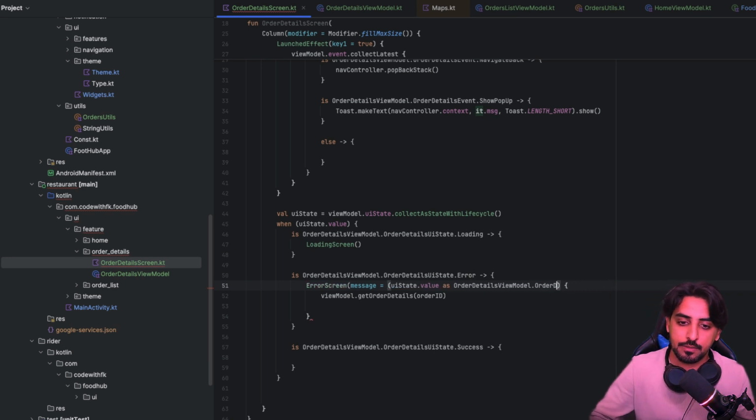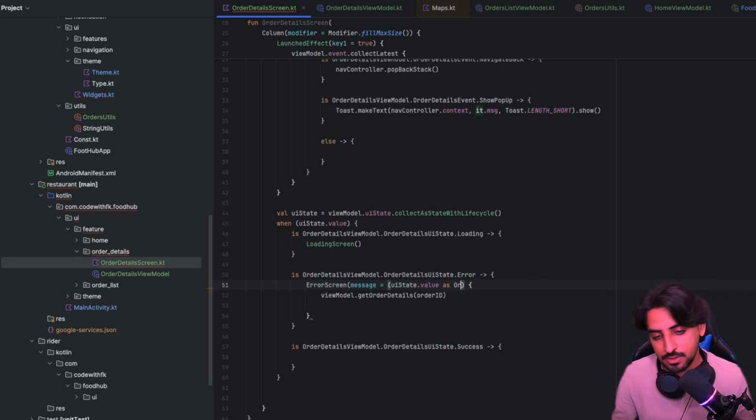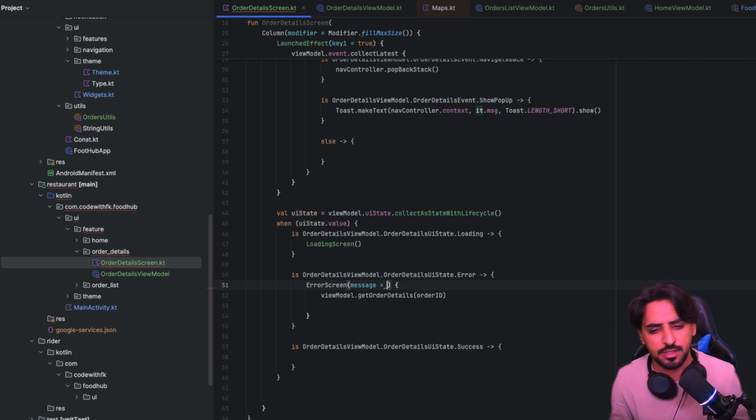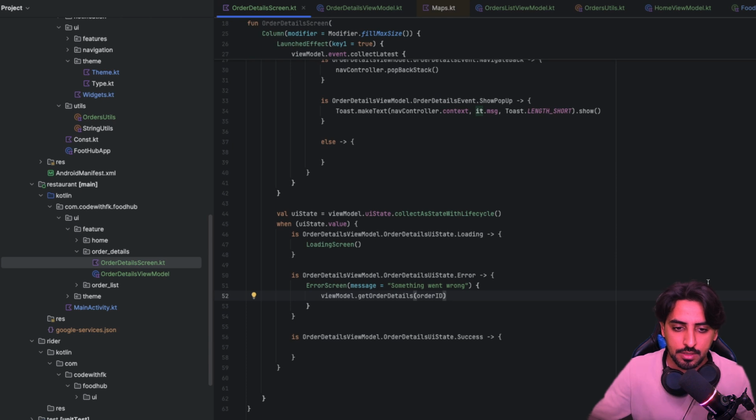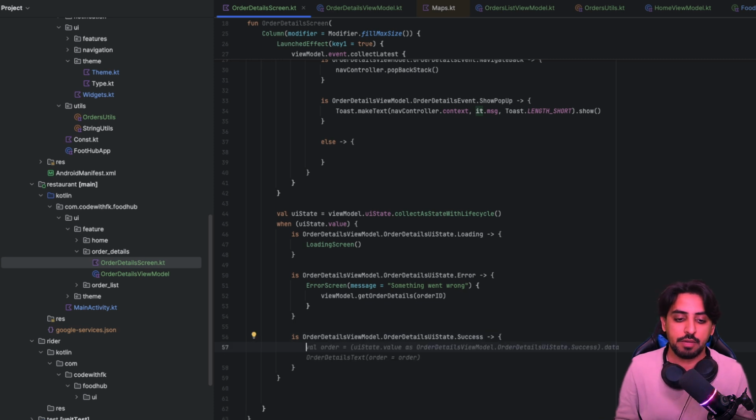I think there is no error message in that state, so let's just use some sort of a default message. So we are gonna say "something went wrong," and again we are gonna use this for the error case, and then the last one would be to have a success case. So we're gonna get this